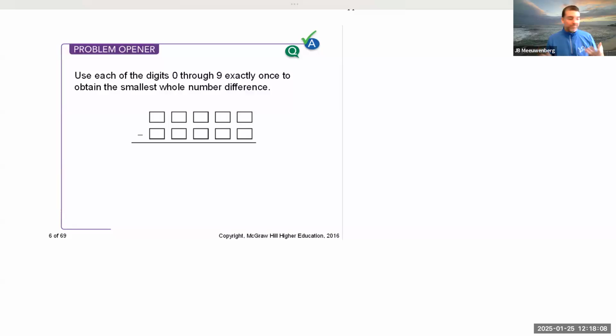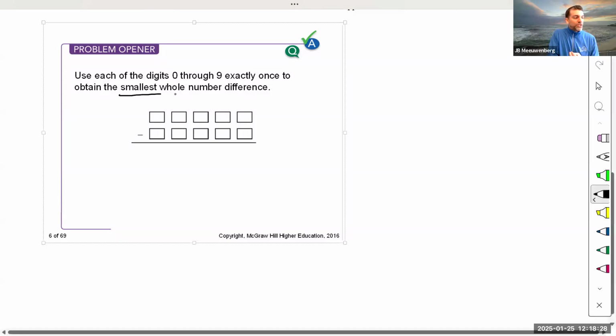So what did you come up with? And more importantly, how did you think about it? We had all those problem-solving strategies we talked about in chapter 1. What did you do? For me, I used a little bit of the guess and check method, but as I thought through it, I considered some things. And our goal was to get the smallest whole number difference, which means